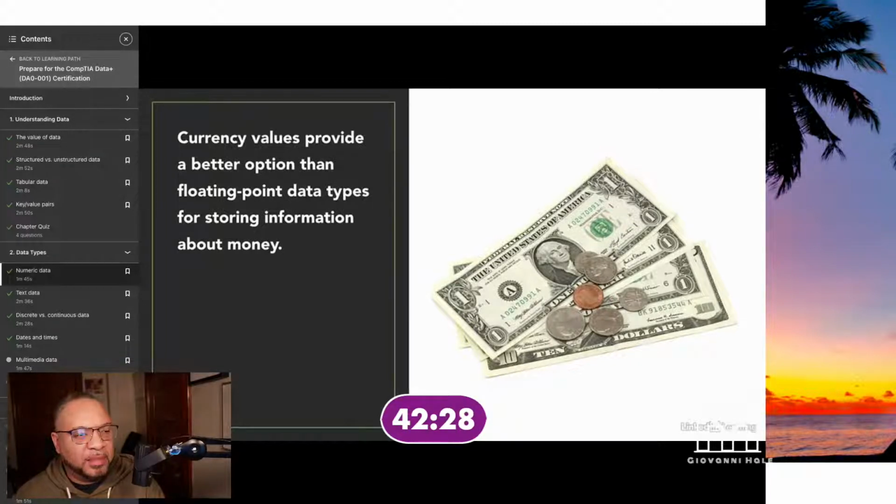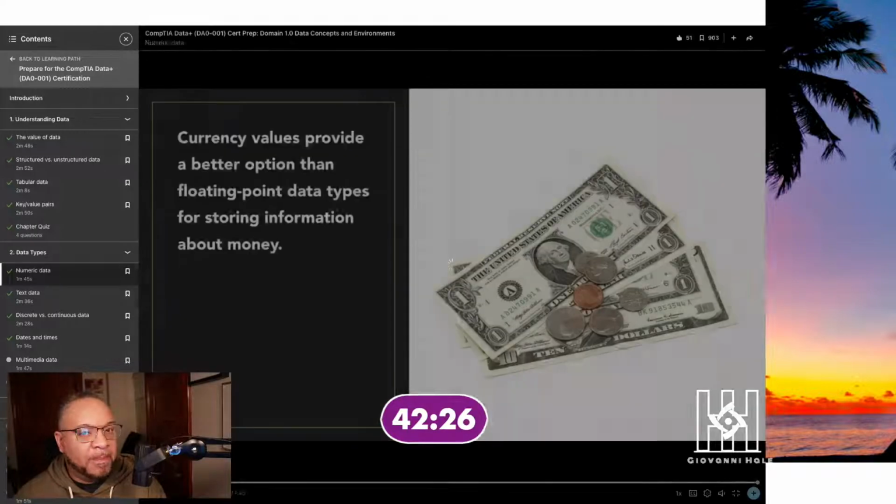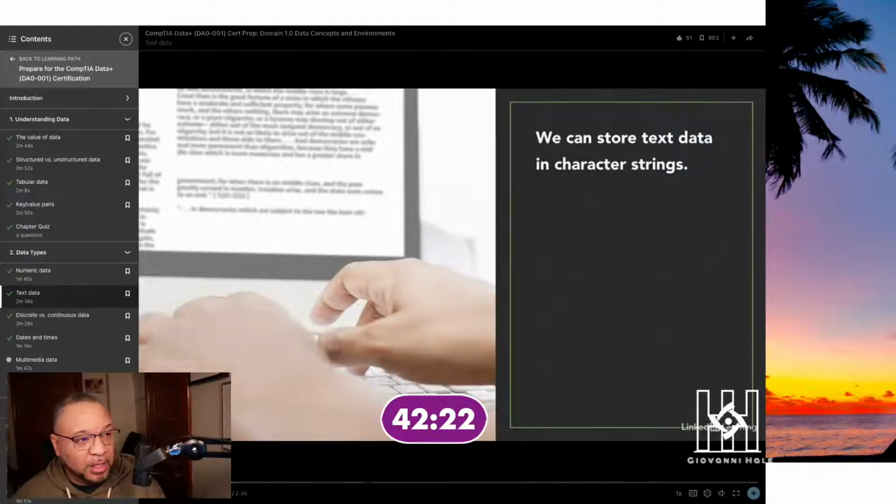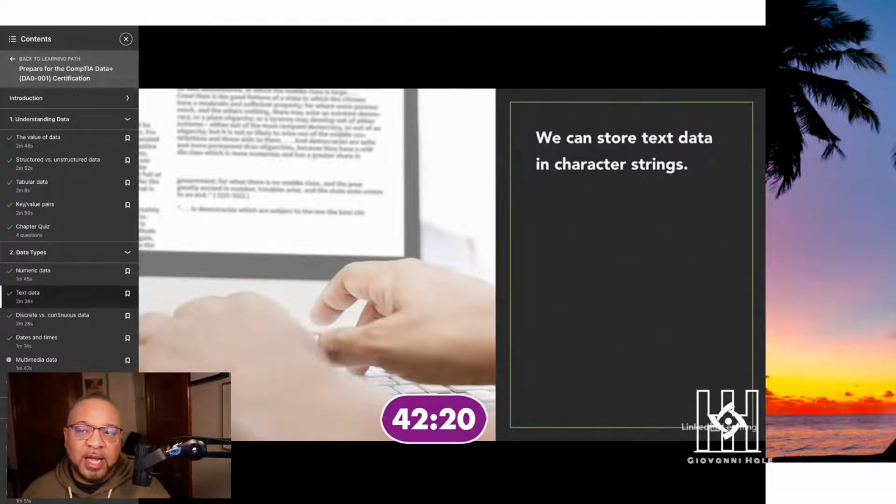We also commonly work with text data. That's data made up of characters. We use text for so many different purposes, ranging from small fields such as people's names or street addresses to large blocks of text that might make up a paragraph, an article, or even an entire book. Computers store text using a data type known as a string, which simply means that it is a sequence of one or more characters put together to create a block of text.